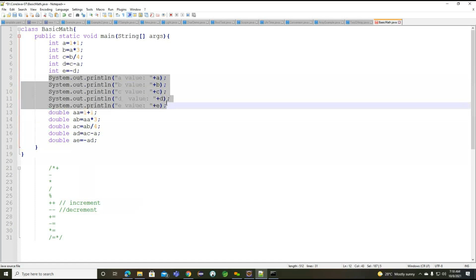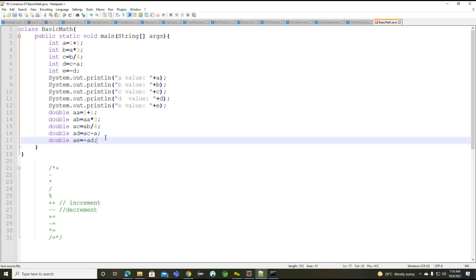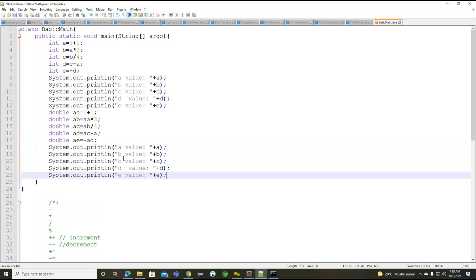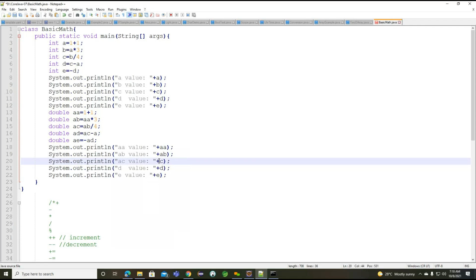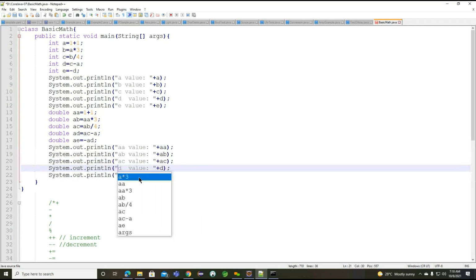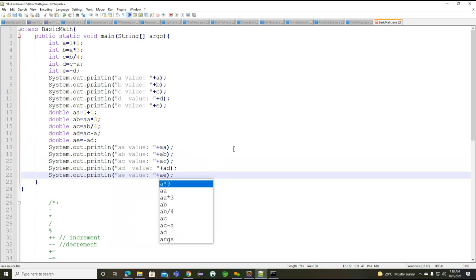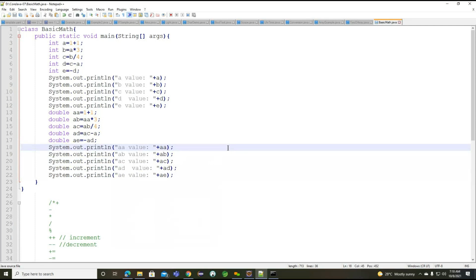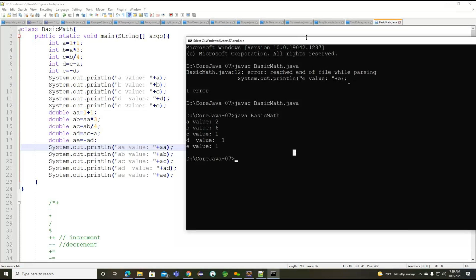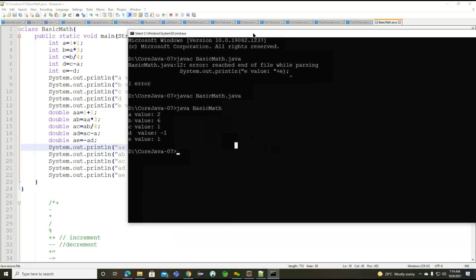Getting the point? Now we'll try to focus on what values we are going to get for this particular double data type here. We need to understand each and every value for the data type we are using, double here. So previously we connected with int. Now we are trying to connect it with our double data type here. Okay. So I'm saving the example. Now we'll compile the same example here.